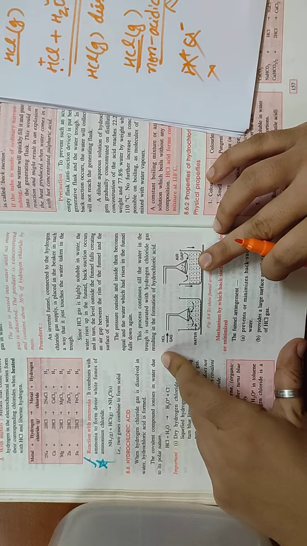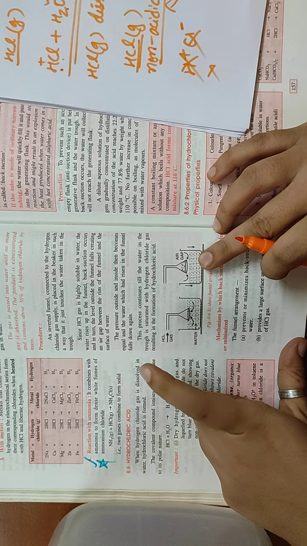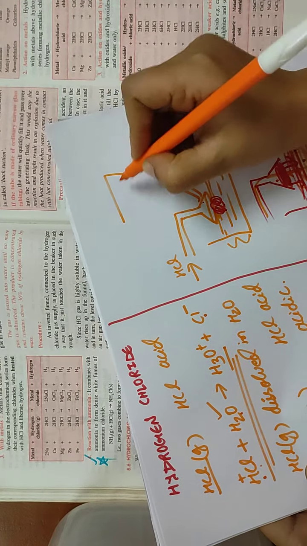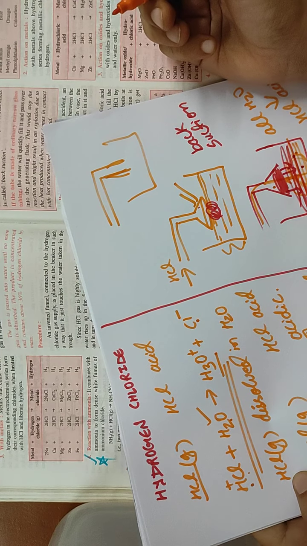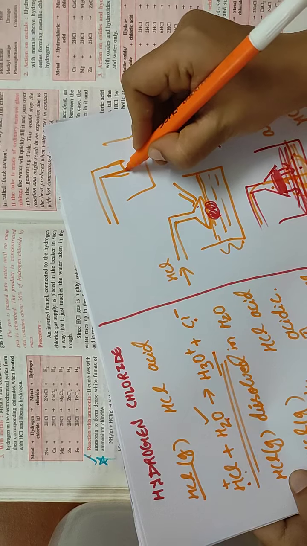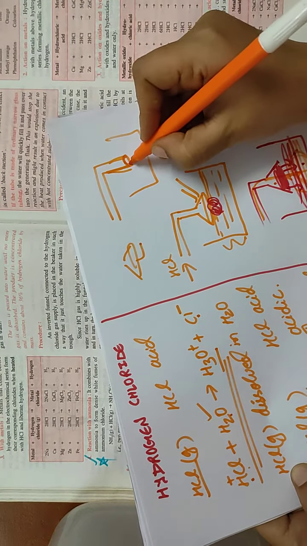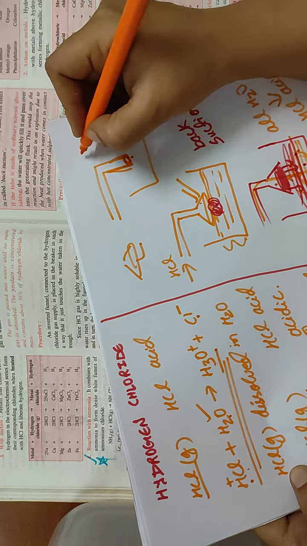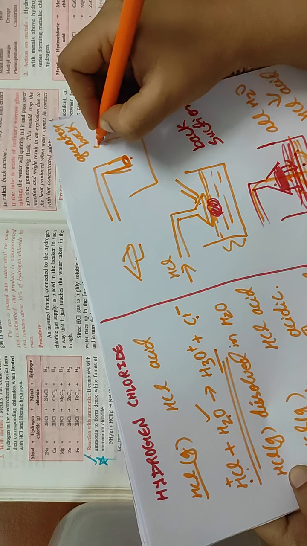What is the procedure for the laboratory preparation of hydrochloric acid? Laboratory method. Clear? Then the question generally asked is, why are we using this funnel arrangement and not a simple pipe arrangement for turning HCl gas into HCl acid? Because here the space is narrow as compared to the funnel. Funnel is broader, it has more space, and this is much narrower. So because it is narrow, it will allow for greater back suction.